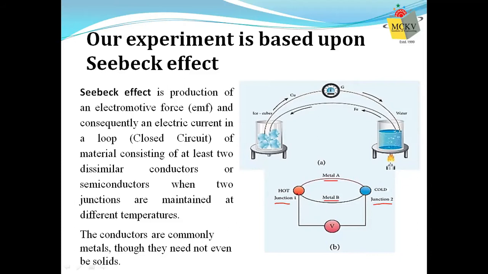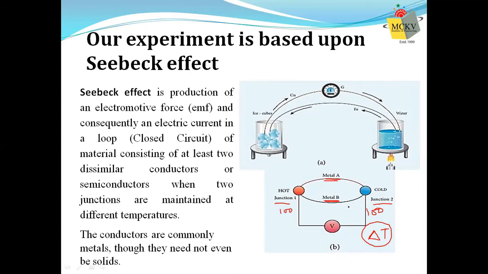So even, let's say you heat this junction up and you also heat this junction up. So this junction becomes, let's say, 100 degrees Celsius. This junction is also, let's say, at 100 degrees Celsius. It won't induce a voltage. You have to maintain a temperature difference. So a delta T must be there between the junctions. So this is the second condition. And the junctions must be formed by two different metals.